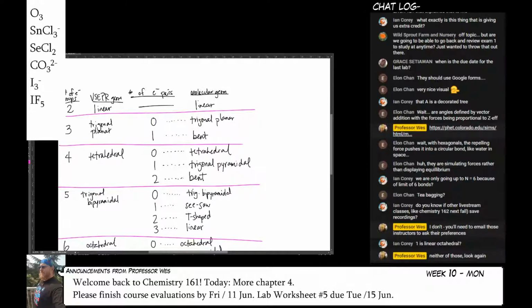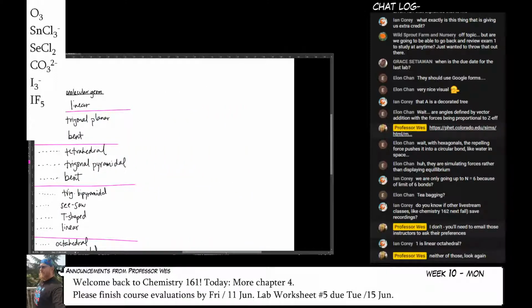All right, so the first thing that we're going to do is I made some more space over here so we could draw Lewis structures. So we're going to draw the Lewis structure for ozone. So remember, following the 5-step plan, we're going to count valence electrons. So ozone has 18,